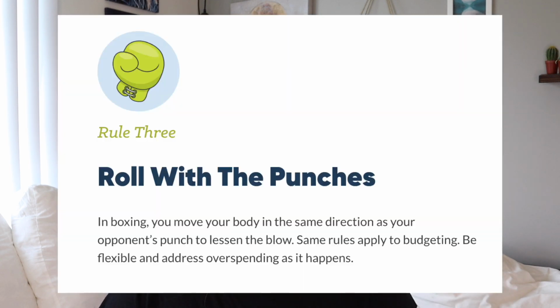And don't panic if you do happen to overspend, because YNAB has you covered with rule number 3. Rule 3 is rolling with the punches. To be perfectly honest with you, I was about to again say this one was life-changing for me, but then I realized I have said that for the first 2, so I think it's safe to assume that all 4 of these rules were life-changing for me.